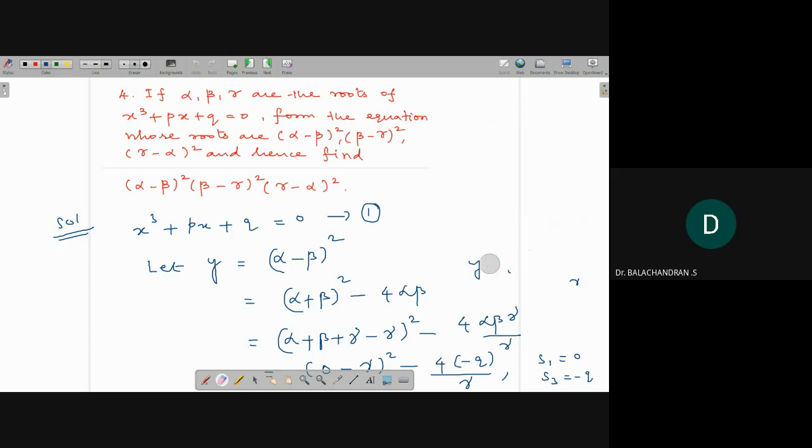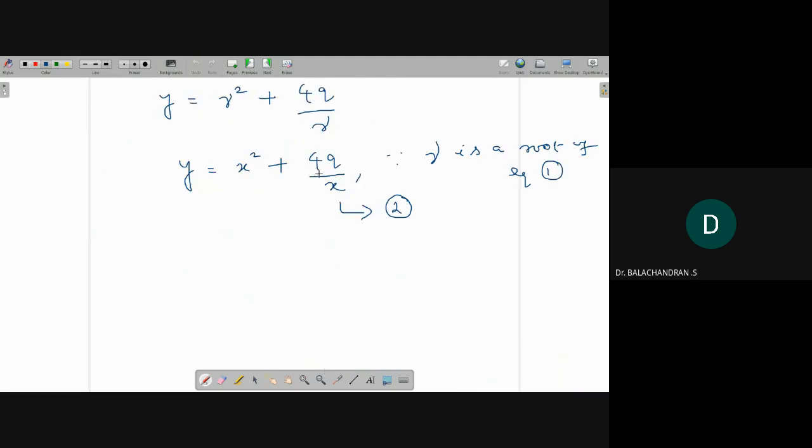Usually we write the given expression. You should try to convert it into any one of the forms S1, S2, S3. Then you can write in terms of coefficients. That is the technique we usually use. That's why I add and subtract gamma here. So this is the relation I have: y equal to x square plus 4q by x. We are replacing gamma by x because gamma is the root of equation 1. Now we need to eliminate